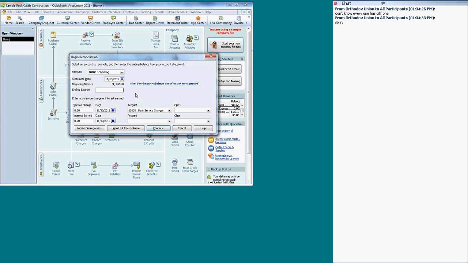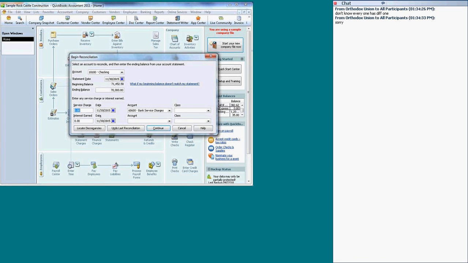Now, on a sample file, it's a little more complicated, a little more difficult to understand. You will understand it better if you practice it on your own bank account, because it needs live numbers. So let's say, for example, I'm going to enter that I have right now $70,000